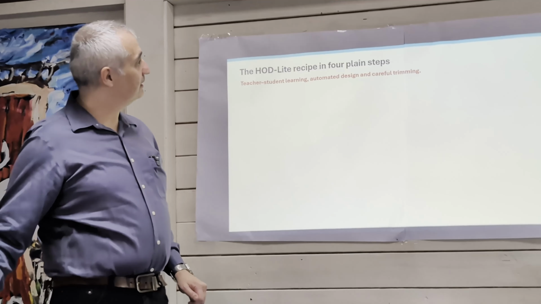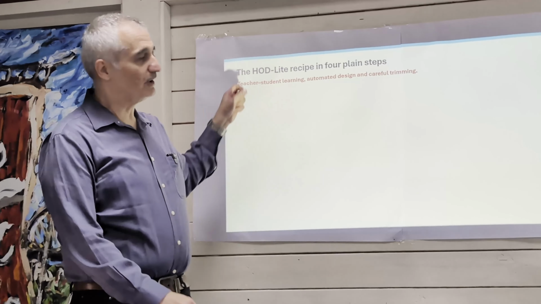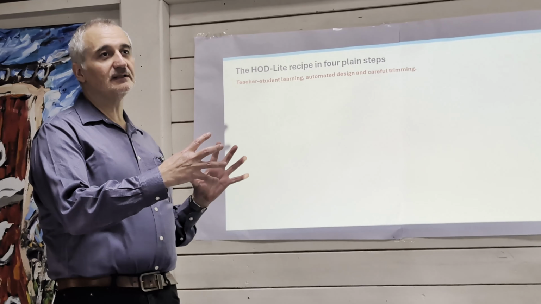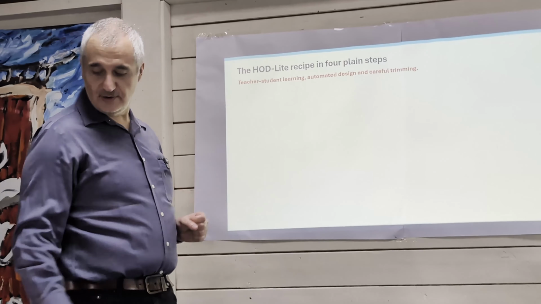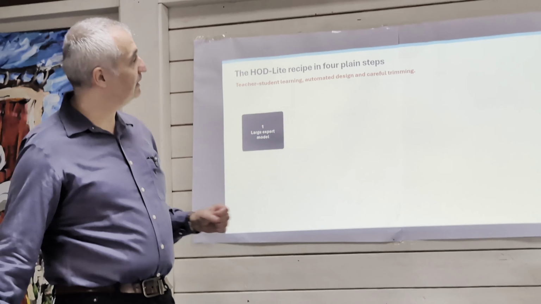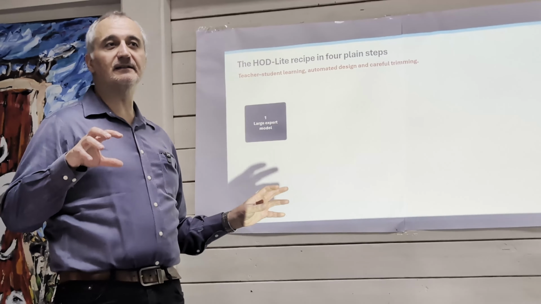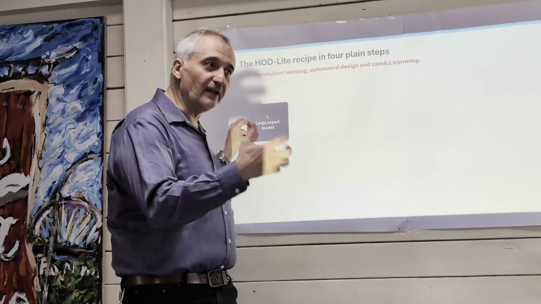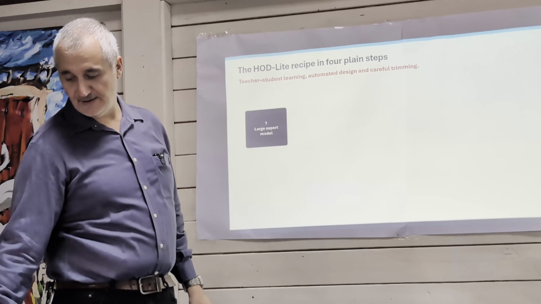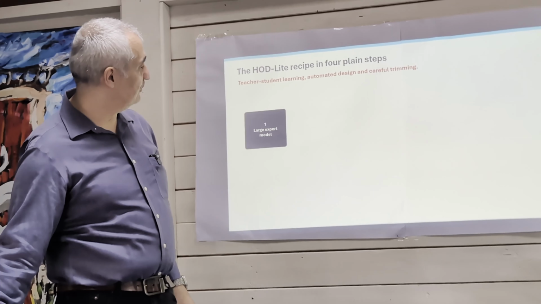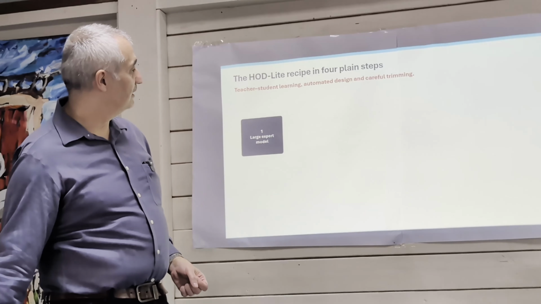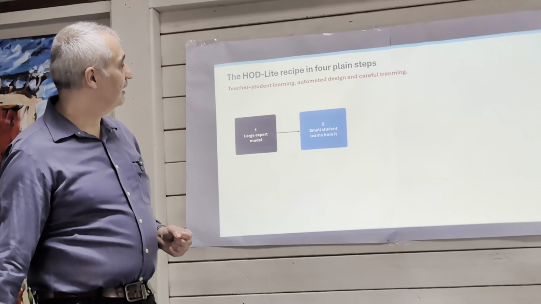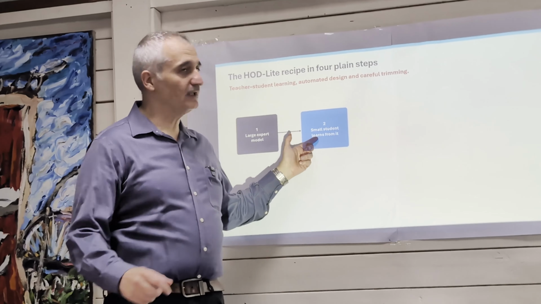So this human object detection light, as we called it, relies on a system where there's a teacher model, or teacher-student model, where we have a neural net that actually does all the things we want, but maybe not fast enough, right? So the large model is not necessarily fast enough, but it does what's required. Like, it's accurate, it does what's needed, but maybe a little bit slower. Or the existing one might be all right, but the next one might be a bit slower.